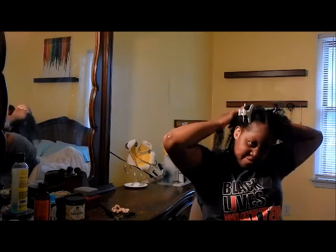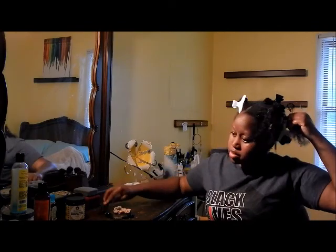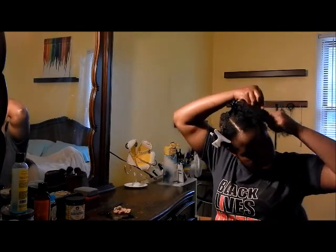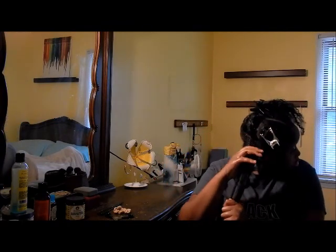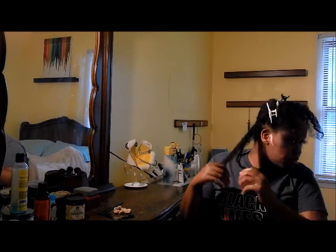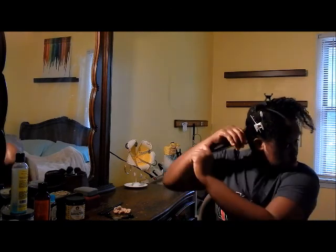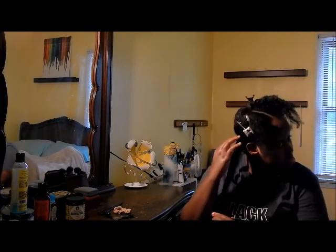yeah, see? I'm having resistance just separating my hair, and that shouldn't be. So this is the first section I'm going to work on. I am going to split it in half. So yeah, this section's pretty thin. It just allows me to have more control over the section. I am feeling some resistance when I finger detangle, so